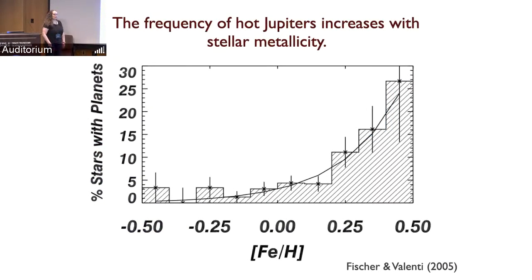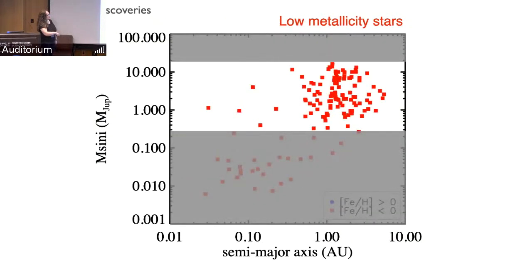Okay, so just to remind ourselves of a classic story that gives me at least pause about taking what we know now about planet formation and assuming that we know what we're going to find when we look with Habitable Worlds. This is from 2005. Frequency of planets at the time, but they were really hot Jupiters, increases with stellar metallicity, right? Okay, but now let's take a look at, I'm just looking at giant planets here in the white, planet mass with semi-major axis. This is a set of RV discoveries.